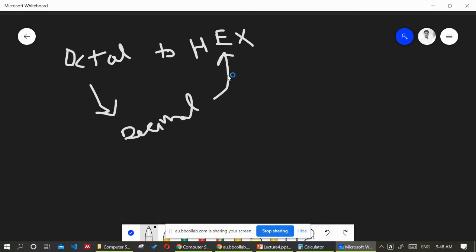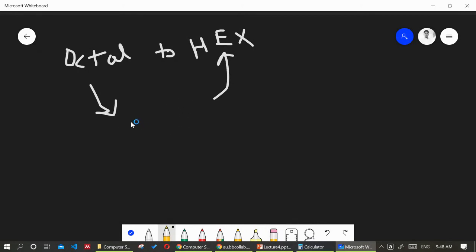Okay. The other way is to use binary. What will be the benefit of using binary? I will show you that it will require fewer computations or calculations. Suppose you have an octal number, we can follow this: first convert octal to binary, and binary to hex. Similarly, you can change the direction of the arrow: if we want to convert hex to octal, just convert the hex number to binary, then binary to octal. So I'm explaining one example of how octal can be converted into hex.